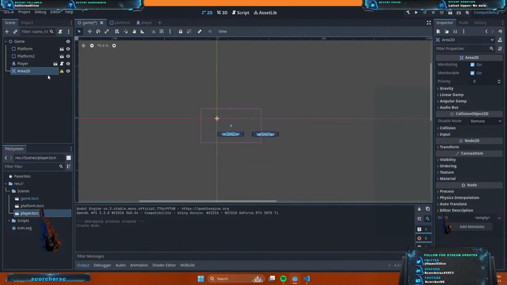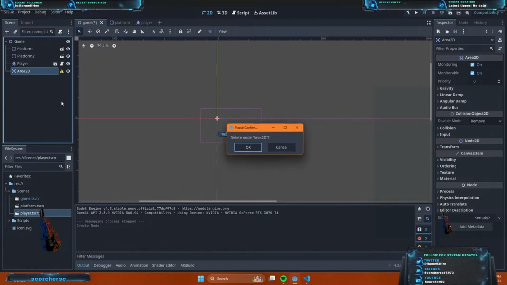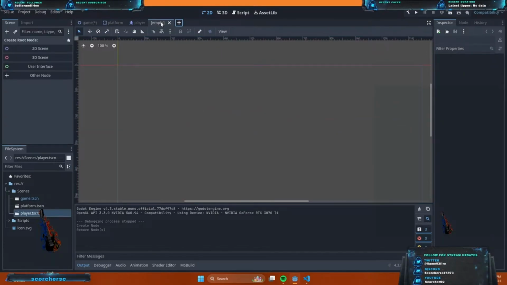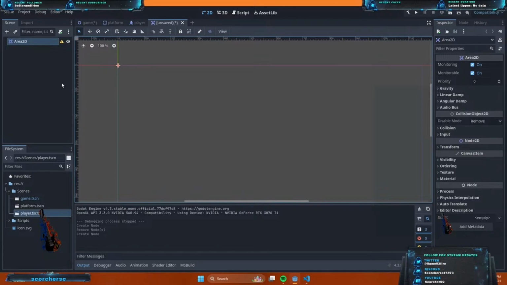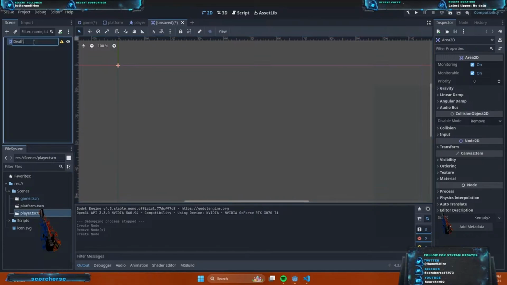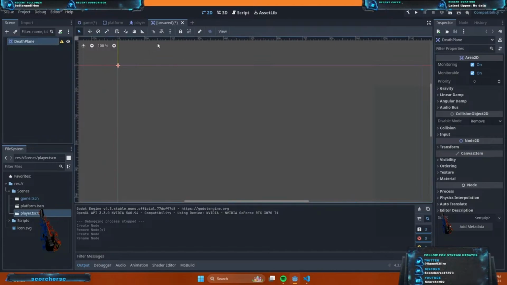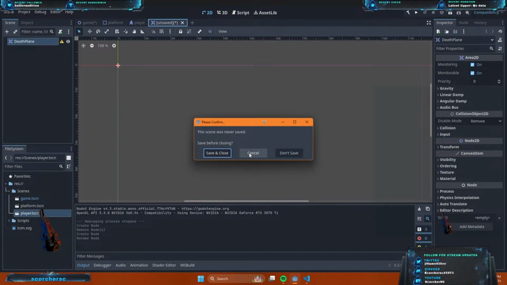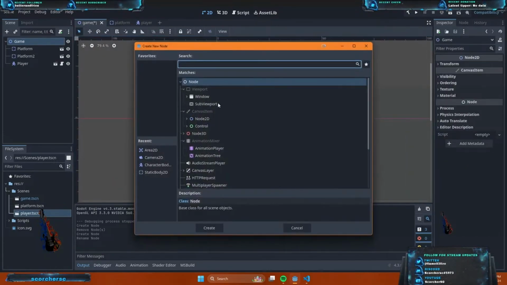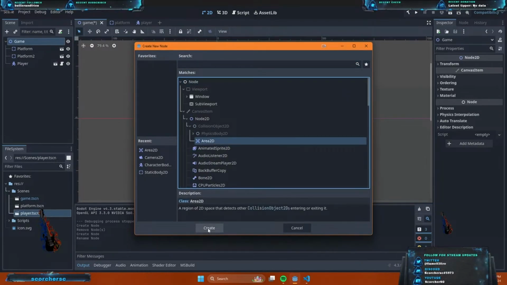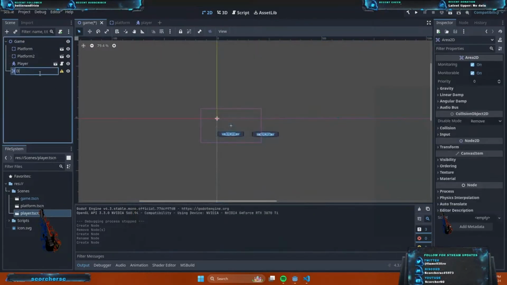Now, if we wanted to do multiple death planes, or let's say you wanted to make this a kind of prefab, you can do what we did before. So we'll delete this, Area 2D will come over here, create a new scene again. Node object, and then you'll go to the same thing and select area 2D. We'll call it death plane. And then, actually, you know what? No. We'll do it all in this editor so you can see that it works in both ways. So you don't have to make everything a new scene. Come over here to the collision object, go to the area 2D, create area 2D, rename it to